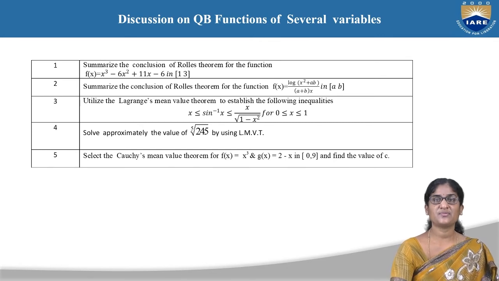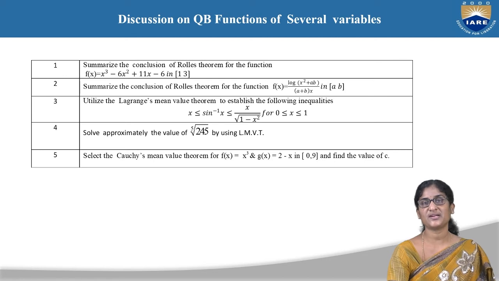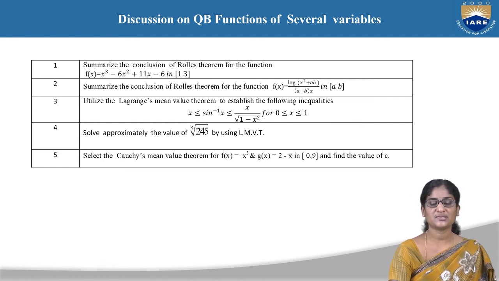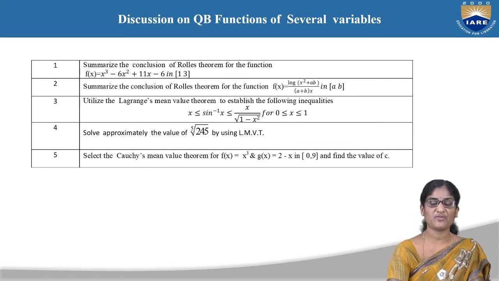It's a polynomial equation of degree 3 which is always continuous. So easily you can show that it is a continuous function in the interval 1 comma 3 and differentiable in the interval 1 comma 3 because the derivative is a second degree polynomial. Even that doesn't give any infinite terms or indeterminate terms between 1 and 3. So it is differentiable. So we should find the c value, and that c value should lie between 1 and 3. So we will get a quadratic equation in terms of c. We will get two values. At least one value we have to show that it lies between 1 and 3.